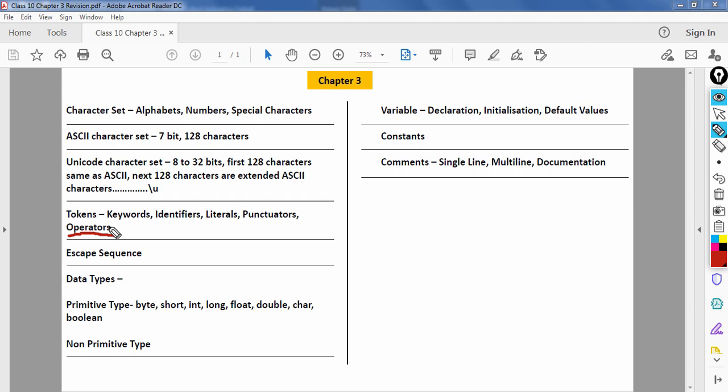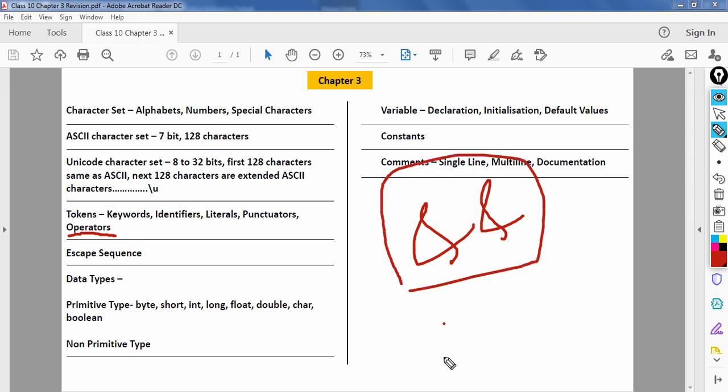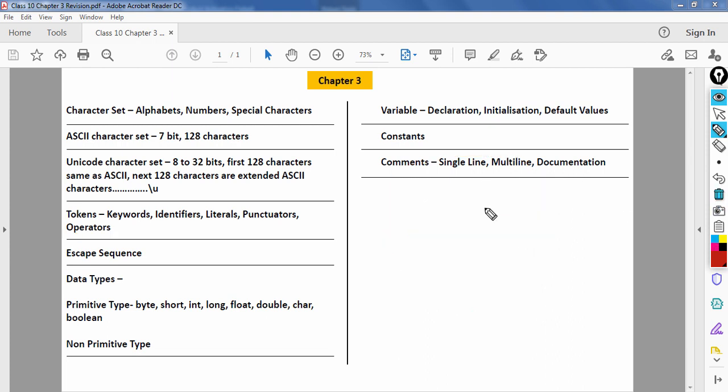For example, for logical operation, if you use double ampersand, it represents AND logic. So this is an operator kind of token. So we are done with tokens.